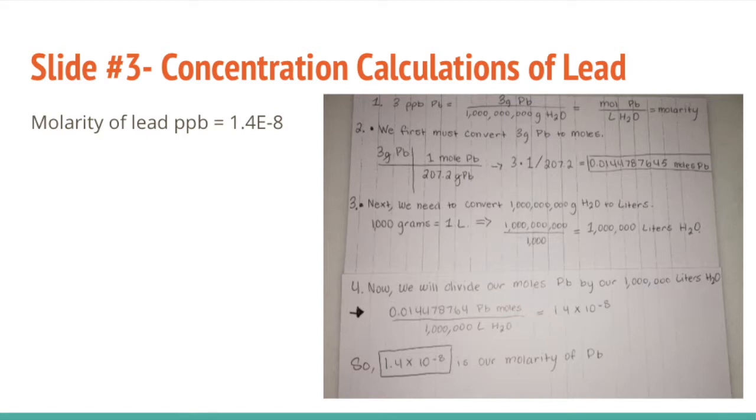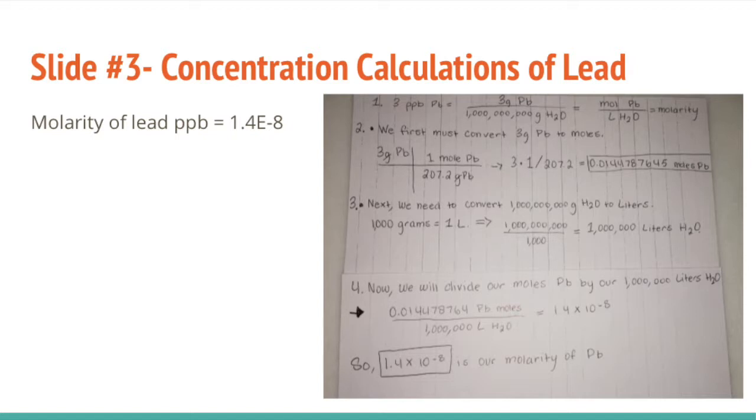For slide 3, we must convert the concentration into units of molarity using the highest level detected. So in the case of lead, we are going to use 3 parts per billion of lead, which is 3 grams lead over 1 billion grams of H2O. So we first must convert 3 grams of lead to moles, and we will do that by dimensional analysis, which then gives us